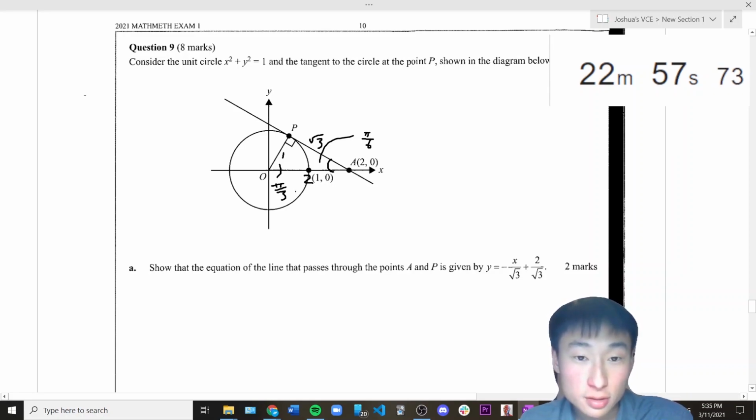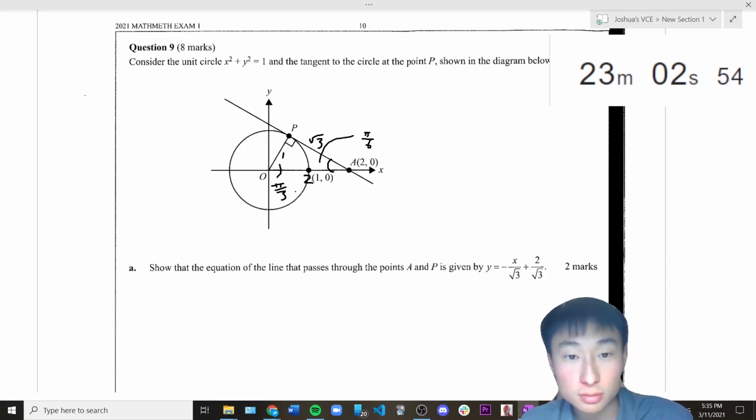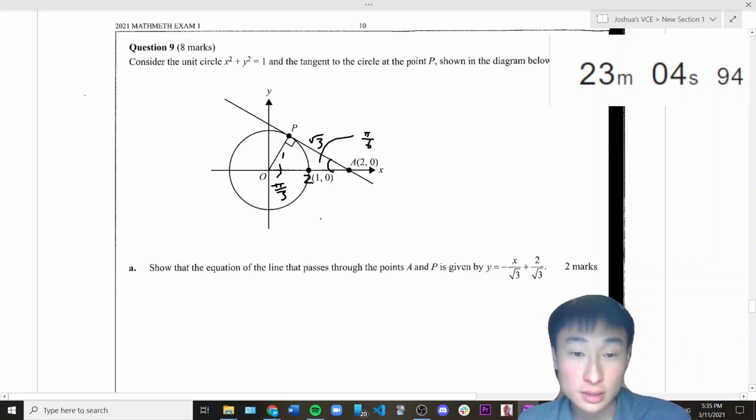Is there a better way to do this? Okay, stuff this. I'm just going to use this. Since we can draw another triangle here, this is 60 degrees. So 1 here, you have a half. This is a half, and this is half times root 3 on 2. Yeah, this is fine, actually. So the gradient of this line is change in y over change in x. That's root